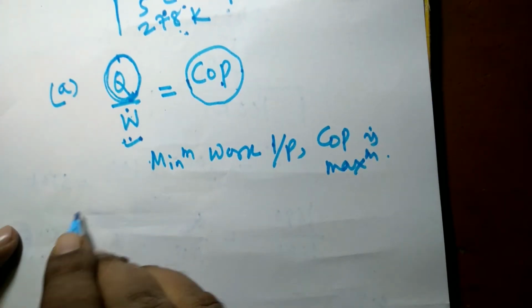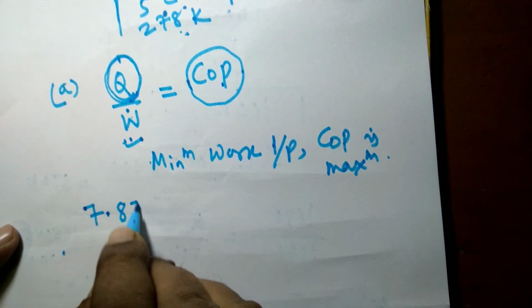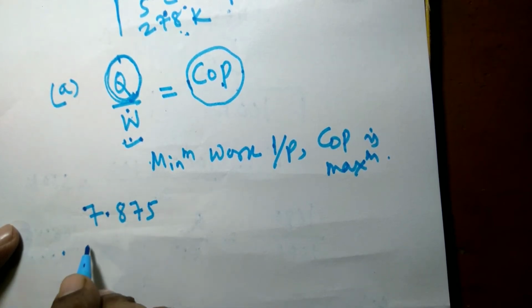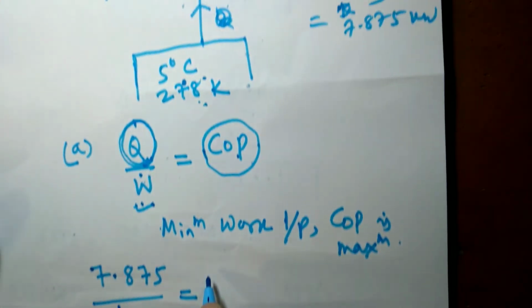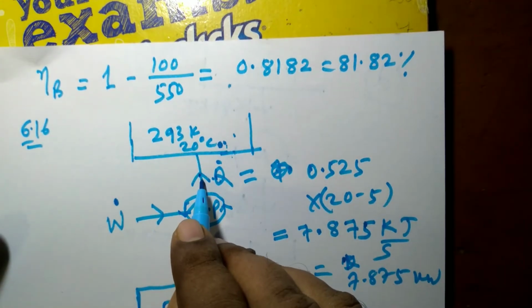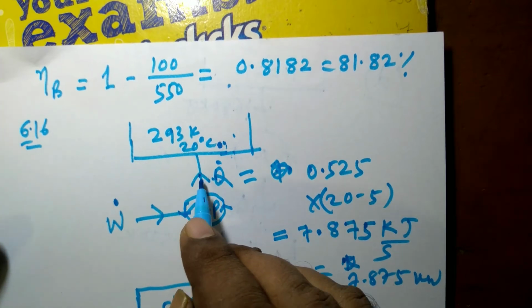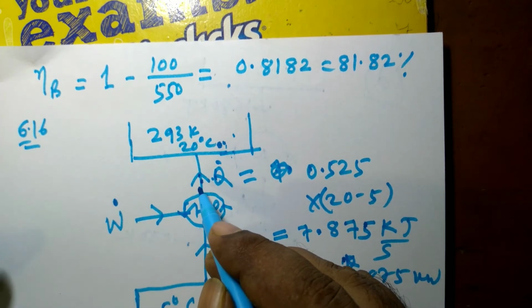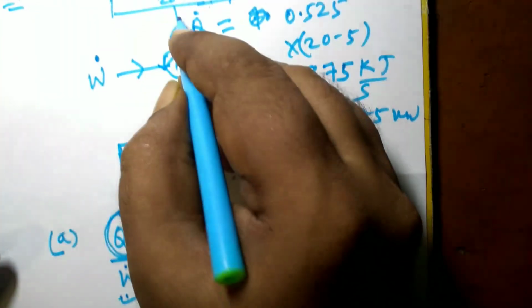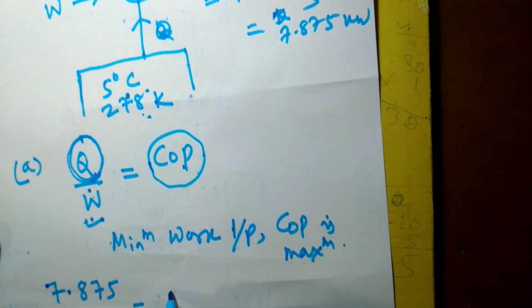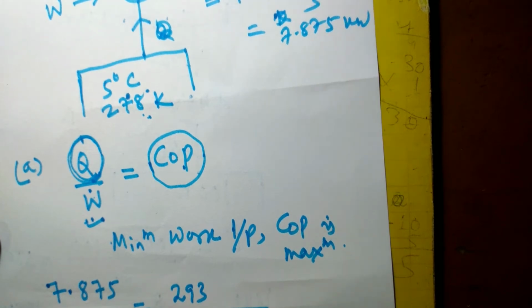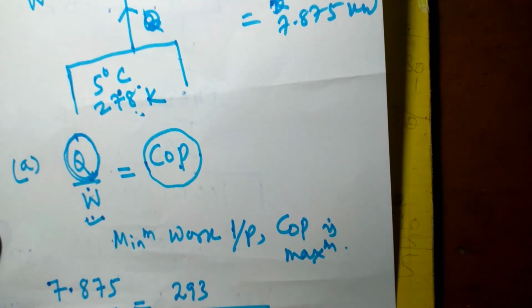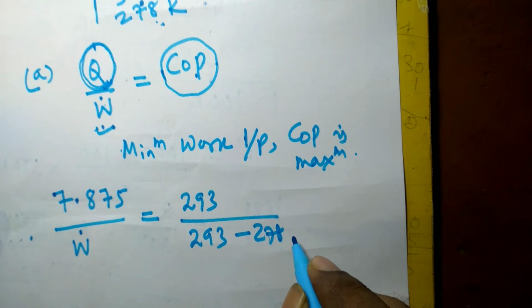That means in place of Q dot I can write 7.875 divided by W dot is equal to the maximum COP, that is the COP of a reversible heat pump, that is 293 divided by 293 minus 278, that is equal to